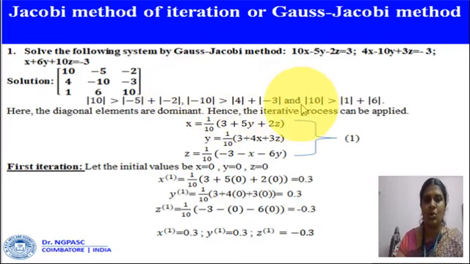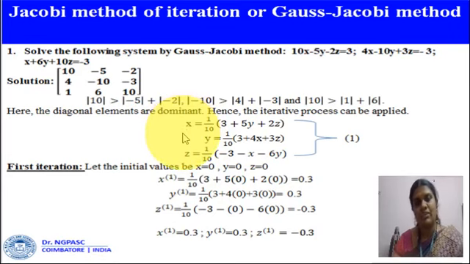And the last row, the leading diagonal value is 10, which is greater than 1 plus 6. So all the leading diagonal elements are dominant. So hence we can start with the iterative process. Now for the first equation, keep the x value on the left hand side, take all other terms to the right hand side. So the equation becomes x is equal to 1 by 10 into 3 plus 5y plus 2z,